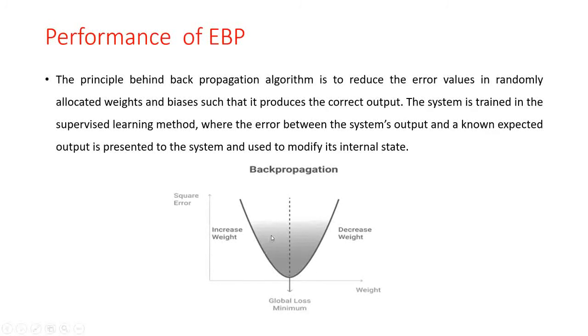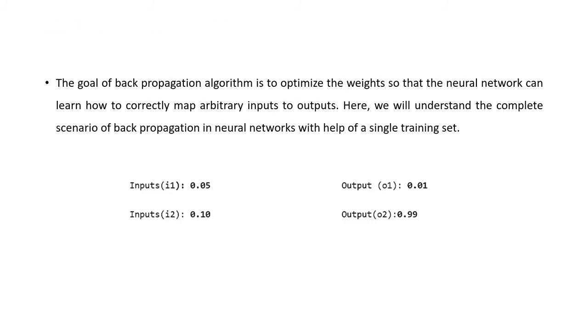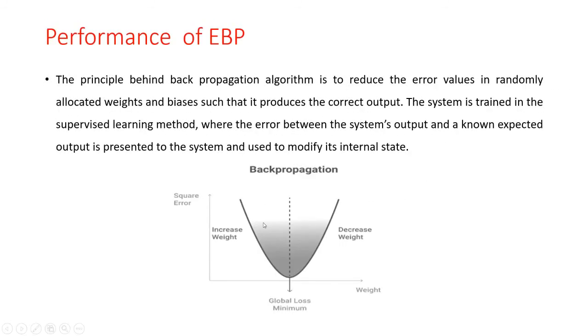So when this gradient is negative, in that case we need to increase the weight so that it decreases our errors. OK, so if the gradient is negative, what do we have to do? Increase the weight. And if we increase the weight, what happens to the error? It automatically decreases. OK, but if our gradient is positive, when the gradient is positive, in that case we need to decrease our weight and decrease the errors. Is it clear, did you understand?